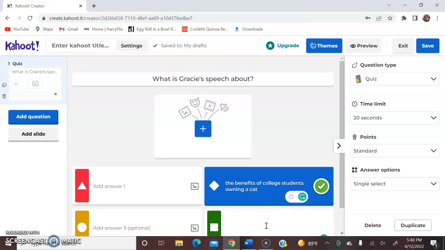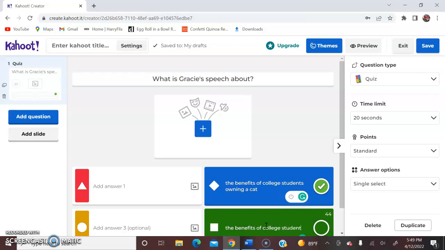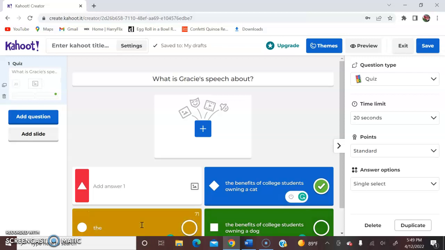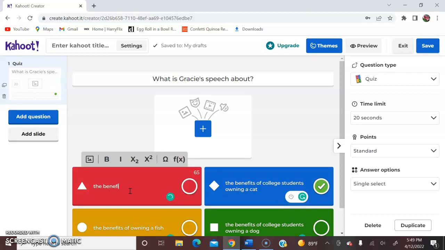So I could also say in this green one, the benefits of college students owning a dog. And then I could also do silly ones like the benefits of owning a fish. And then I could say the benefits of owning a bear. So now that you have completed it, I'm only going to do one question due to shortage of time,